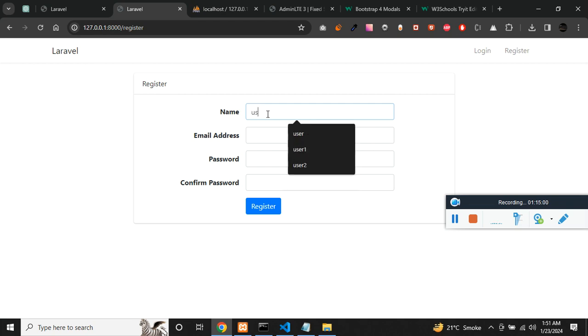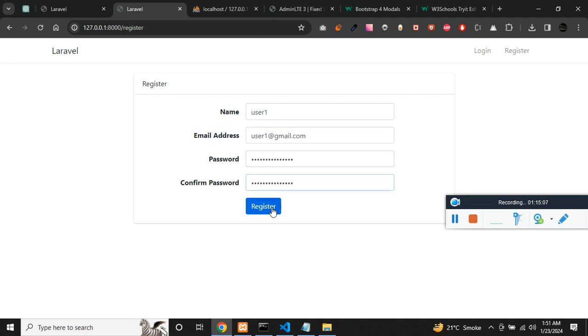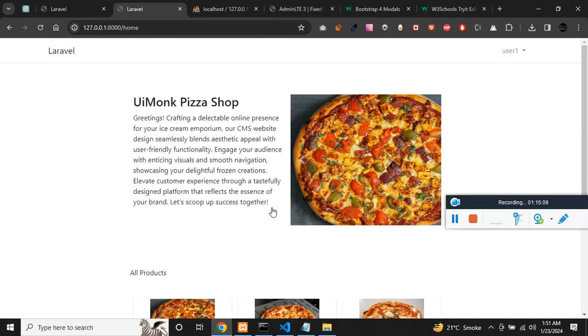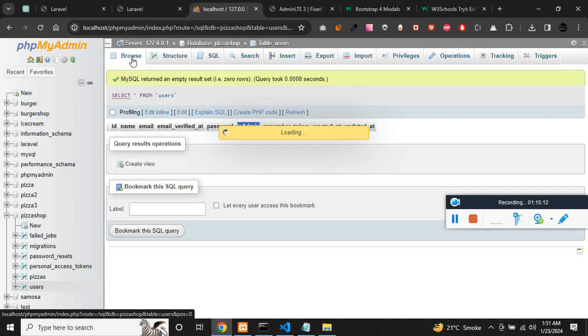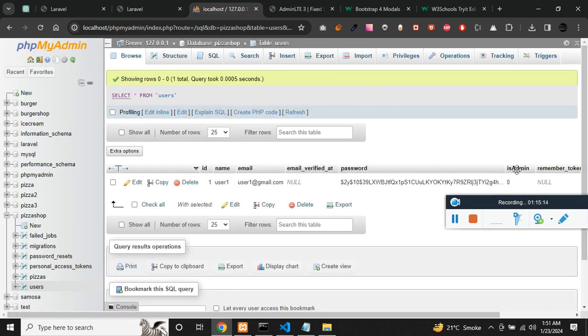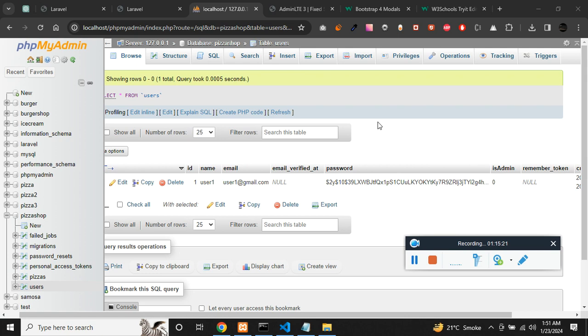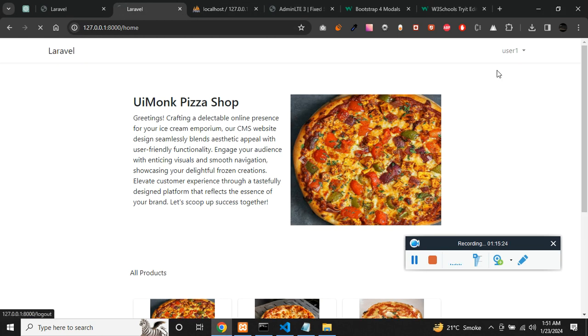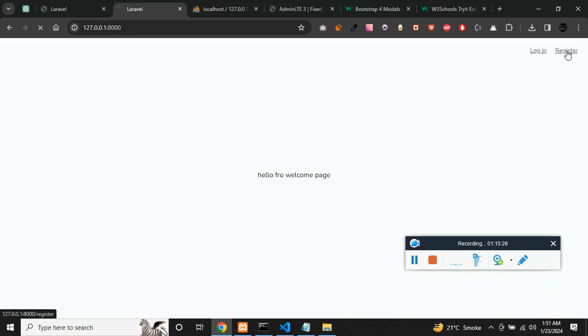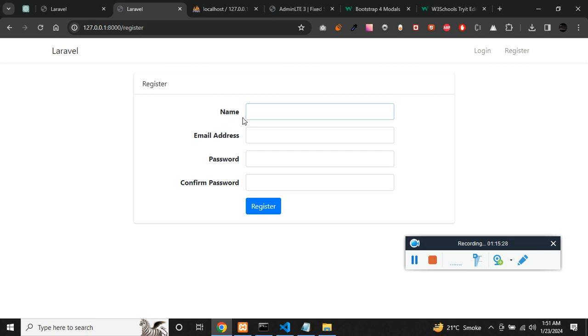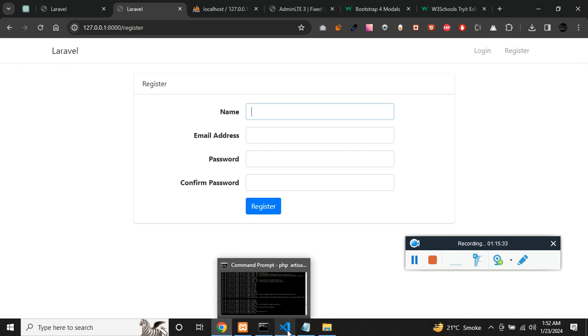So let me just make this user1 at gmail.com, click on register. Now it is registered. If I click on the database, it would be populated, but in admin it is 0, so it is the default value. So for the admin I want to make this 1. So in the actual Laravel way of registering, the admin can't register by itself. So in that case we need a file called